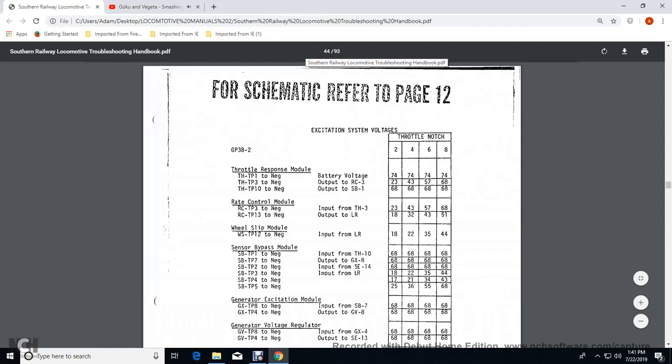All right, for the schematic, refer to page 12. The excitation system voltage notches on the GP38-2 show throttles 2, 4, 6, and 8. Throttle response module THPT to negative battery voltage is 74 volts all the way across the notches. Throttle position 3 to negative output RC